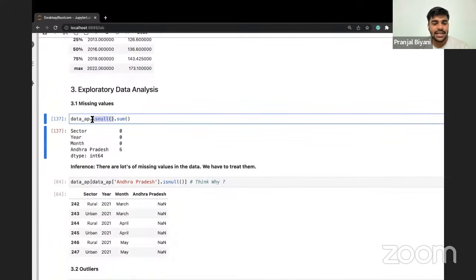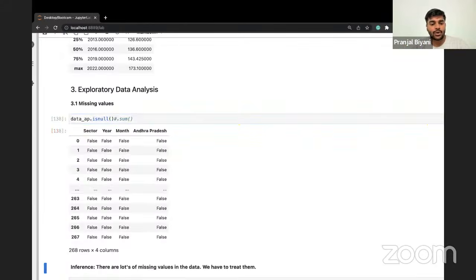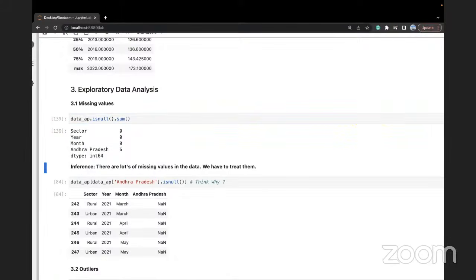Quickly checking the sum of missing values. The dot isnull gives you the true and false for each missing value. So if I want to quickly show you, this is what it gives. For whichever case there is a null value, it will be true. For whichever case there is no null value, it will be false. Since most of the values are there and there are no missing values, that's why you see false. If I do a dot sum,